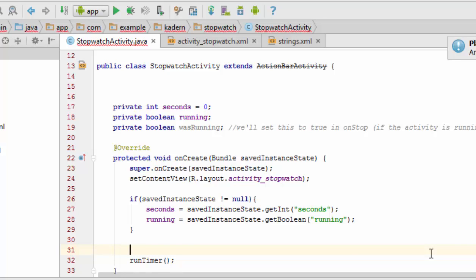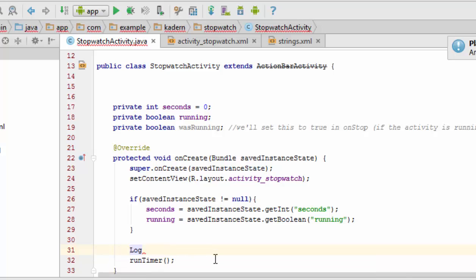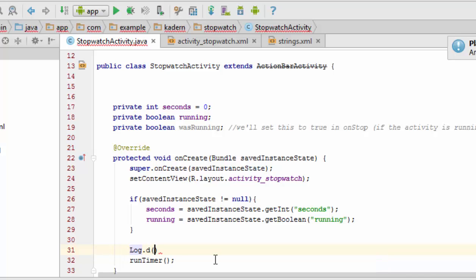So what we're going to do is Log, that's the name of the class, and now you need to import this class too. And there's a couple of different log classes. The one that you want is going to be in the Android util package. So go ahead and do Log.d, the method call is just d, and then the first parameter is what's called a tag, and by convention we usually just use the activity name, so I would put in the